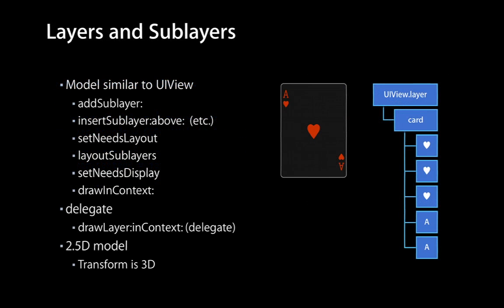The layer and sublayering model is very similar to UIView, with the only exception being that it's a lot more lightweight. So it doesn't come with gesture recognizers, for example. But otherwise, it has a whole bunch of very similar methods, like the ability to add sublayers, so you can have an arbitrarily nested tree structure of sublayers. You can insert sublayers in different positions. The default is to put them one on top of each other, as the name layering would imply. And then there are methods like setNeedsLayout, which allows you to reshuffle your layouts, your layers,